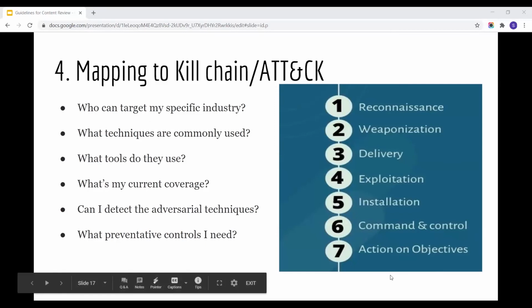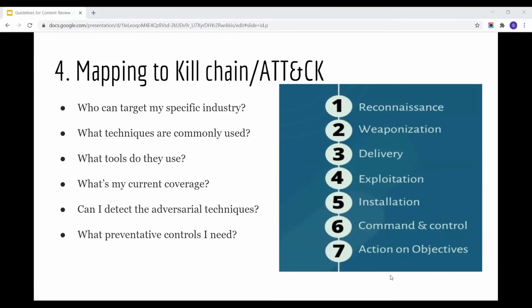So these are some really important questions, right? Who can target your organization? What techniques are commonly used for the attack? What tools are being used? What's my current coverage? Can I really detect the adversarial technique? And what preventative controls do I need to use?